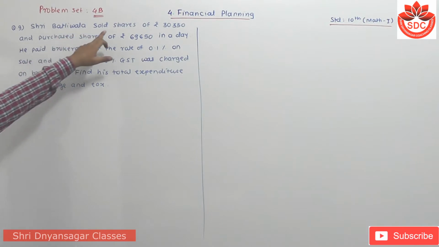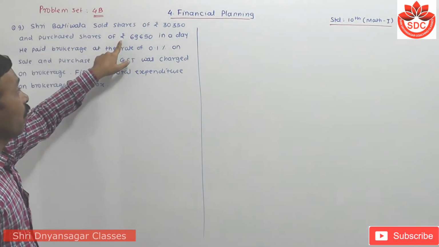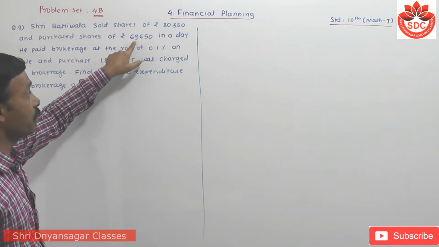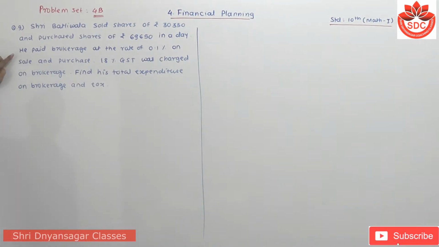Shri Batliwala sold shares of rupees 30,350 and purchased shares of rupees 69,650. In a day, he paid brokerage at the rate of 0.1% on sale and purchase, and 18% GST was charged on this brokerage. Find his total expenditure on brokerage and the tax. Now students, its solution is,